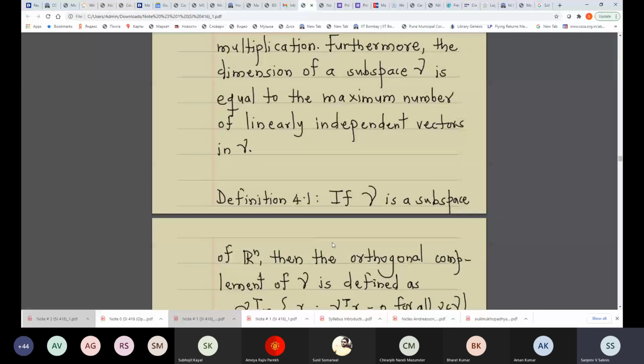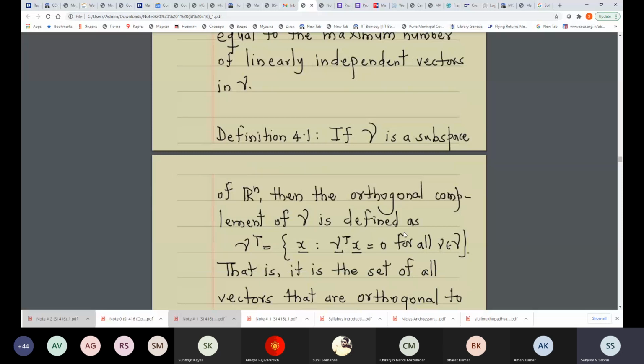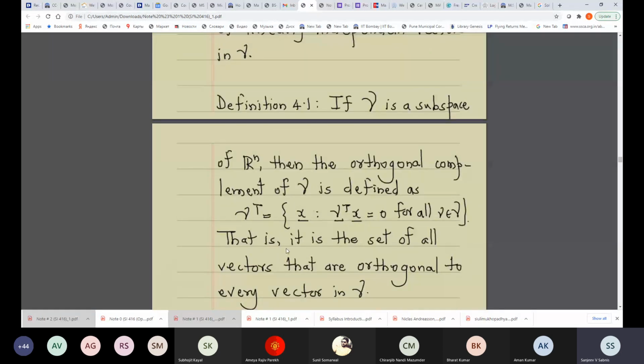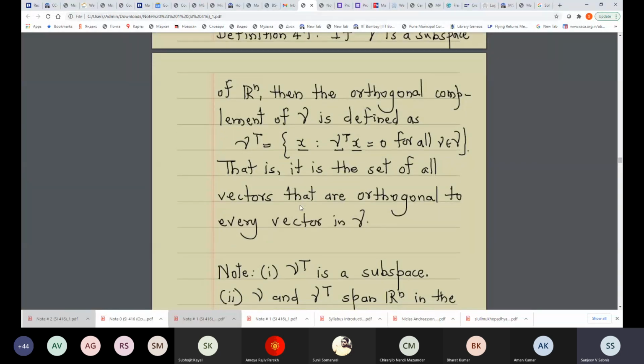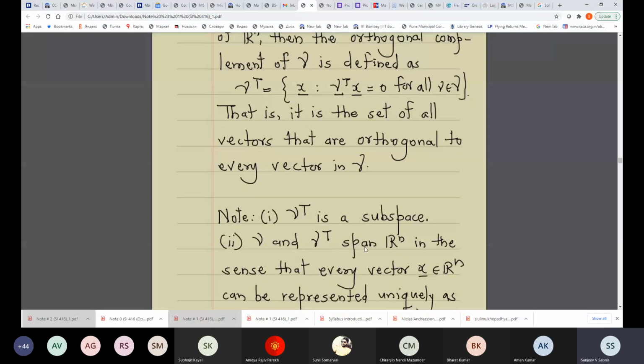vectors in nu. Okay. So if nu is a subspace of Rn, then the orthogonal complement of nu is defined as this. Collect all those vectors whose inner product with every vector in the subspace nu is equal to 0. And this collection is the set of vectors that are orthogonal. This itself is an orthogonal subspace, and this is a subspace, and these two span Rn in the